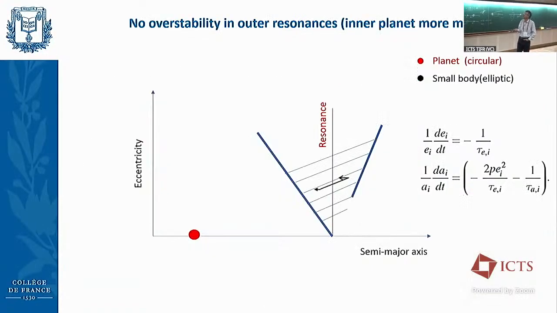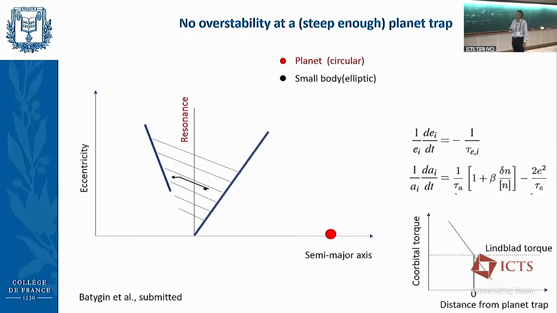There can be no overstability in outer resonances, and this is because we reverse my scheme. So now the semi-major axis damping due to the eccentricity term is stronger on this side than on this side, because the eccentricity is higher here than here, which means that this force, which shrinks the libration amplitude, wins over this force that tries to expand the libration amplitude. So if the smaller mass planet is in the outer resonance compared to the inner, more massive planet, there is no overstability. Overstability can also be quenched at the planet trap, because at the planet trap, we have the